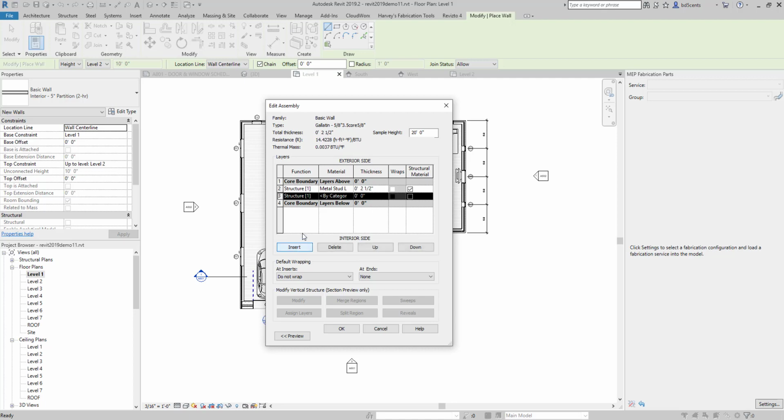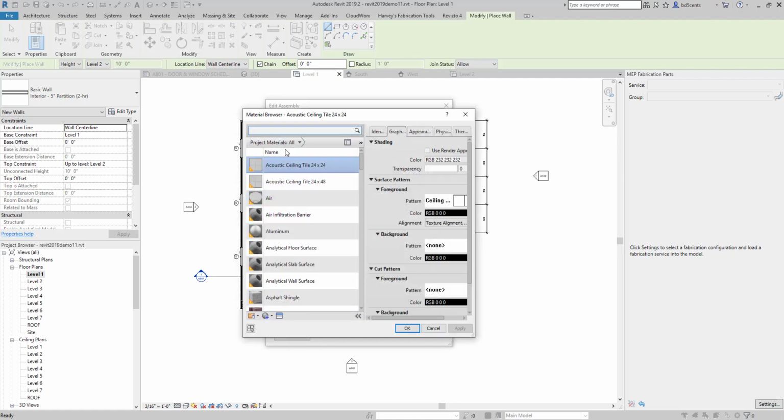So I'm going to insert a layer and I'm going to move that down, and then I'm going to insert another layer and I'm going to move that up. Now it's only moving the selected element, but I've added those values. Now I want this to be finish 1 and I want this to be finish 1. And then from here I want to adjust this to be a gypsum wallboard. So if I type in gypsum wallboard